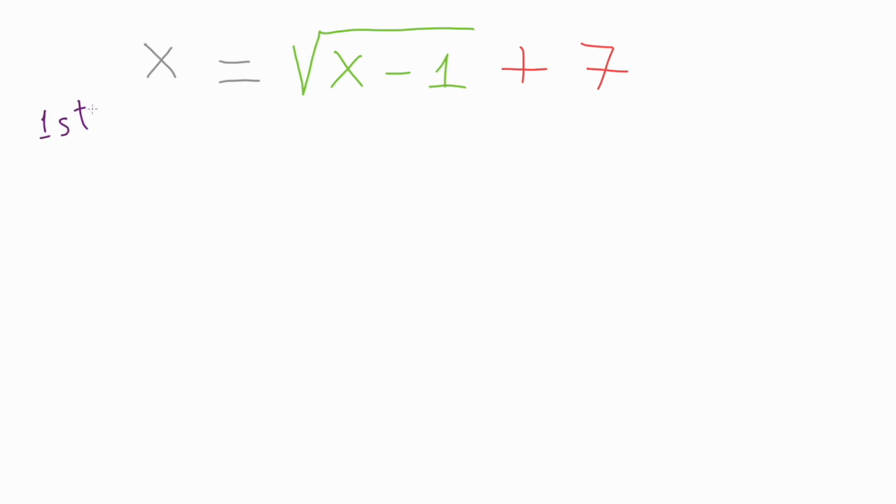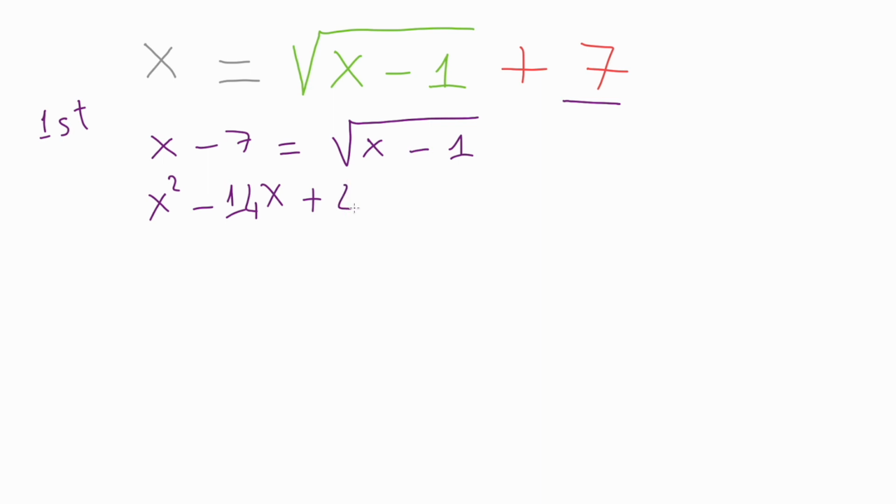In the first way to solve the equation, we can consider moving 7 to the left side. Then we rewrite it as x minus 7 equals square root of x minus 1. And the next step is we just square both sides of the equation and rewrite it into x squared minus 14x plus 49 equals x